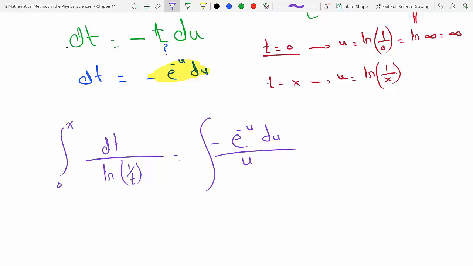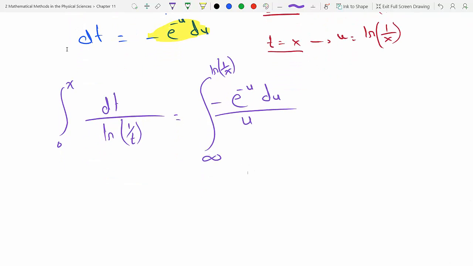And then the bounds: at 0 it's infinity, and at x it's ln 1 over x. Now I could reverse these bounds at the cost of this minus sign here, because if I just make that a plus, I would get ln 1 over x to infinity, and I would multiply that by a minus, so we would get e to the minus u